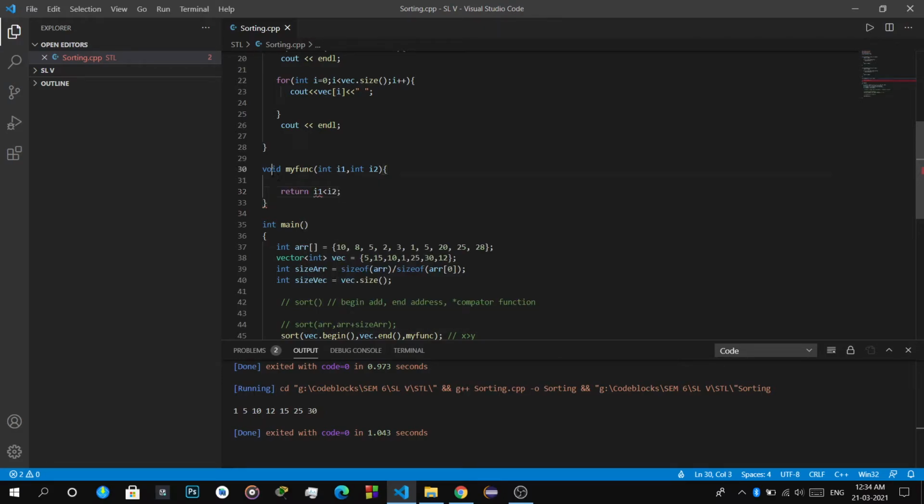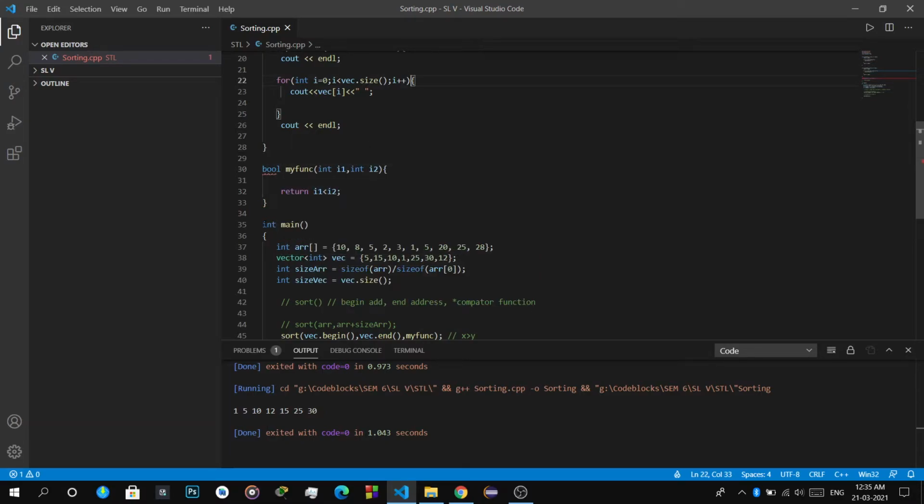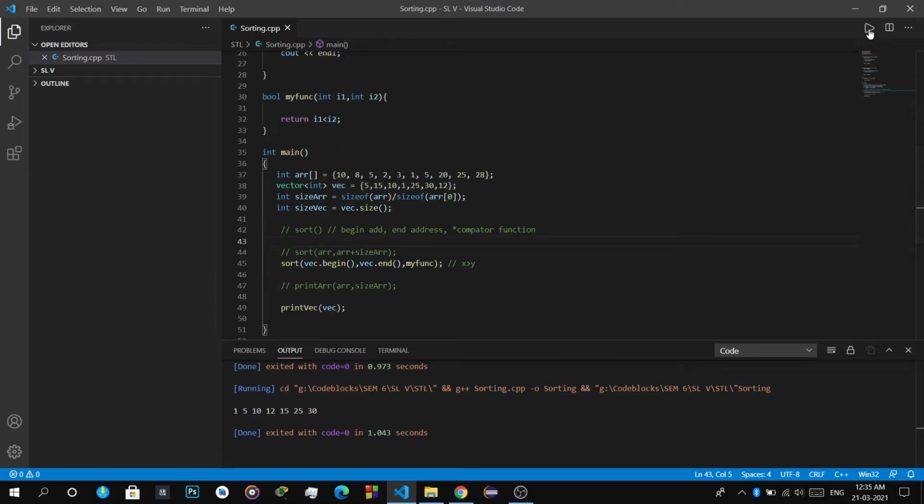If I1 is less than I2, then it will sort the vector in ascending order. If I make it I1 greater than I2, it is sorting in descending order.